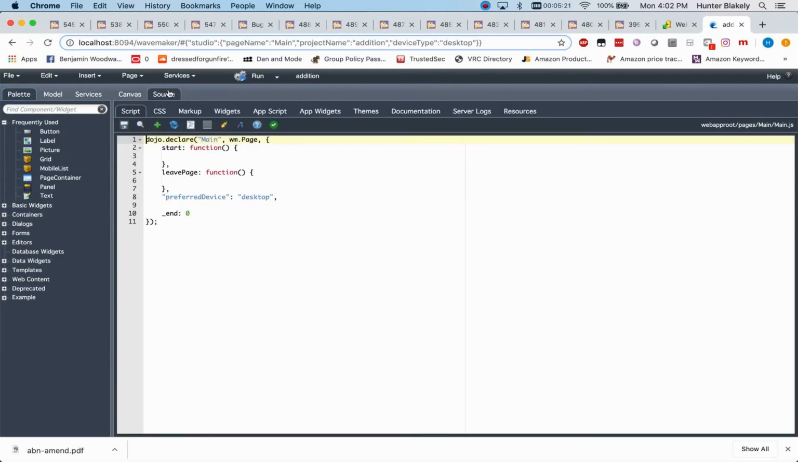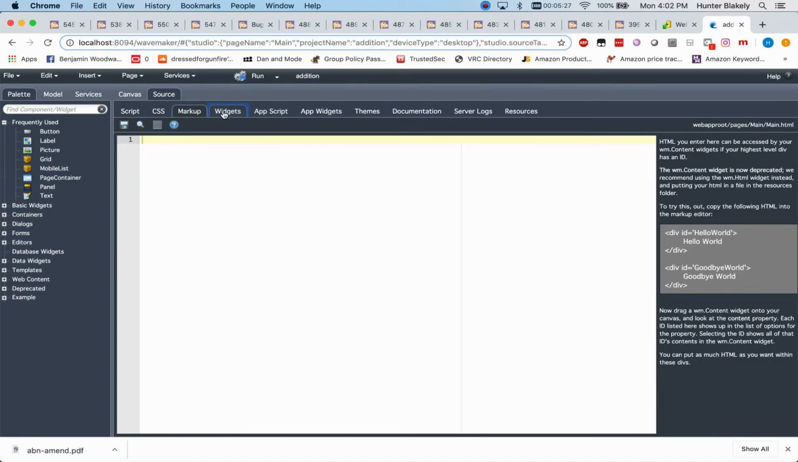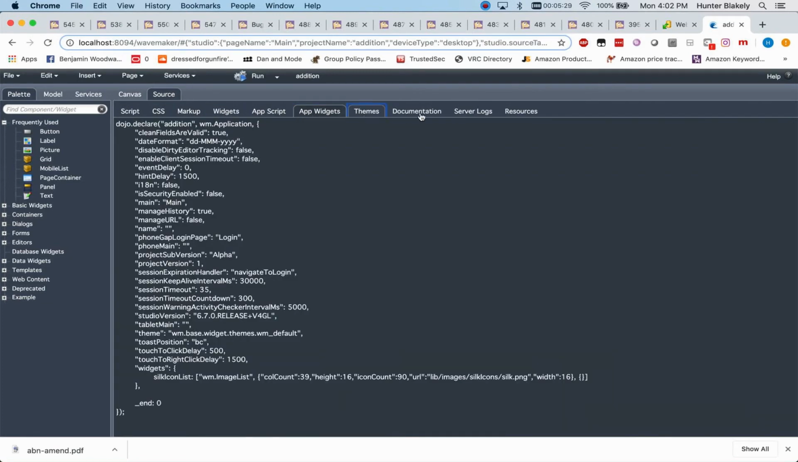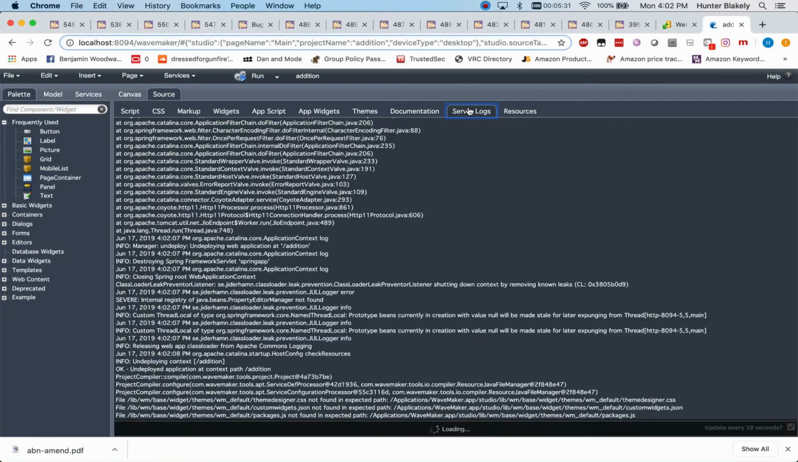Source, this is JavaScript. I'm not seeing where the v4gl stuff is. Server logs. What's going on with server logs? Deployed, project compiler, line path, packages. I don't see anything